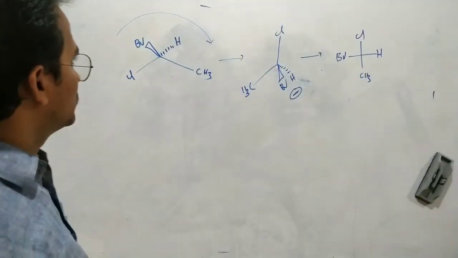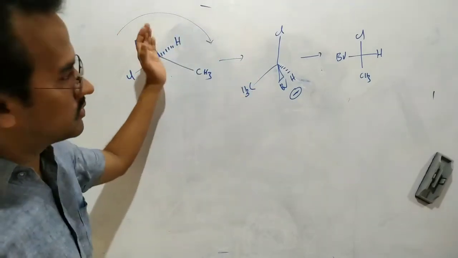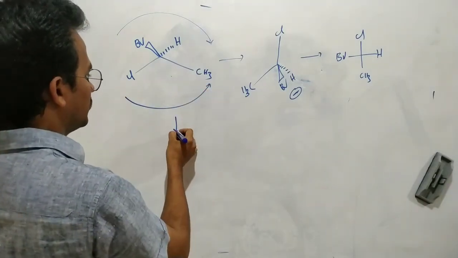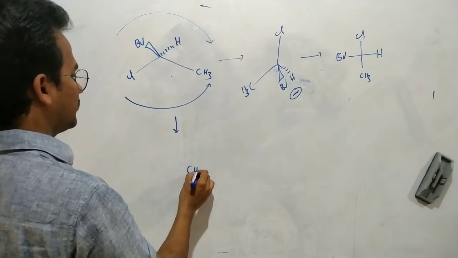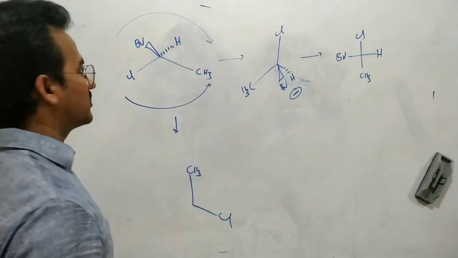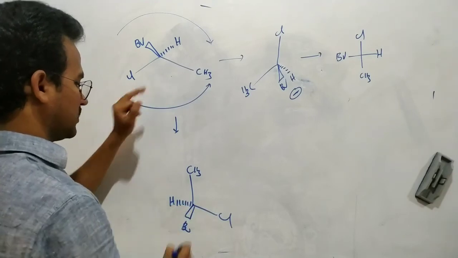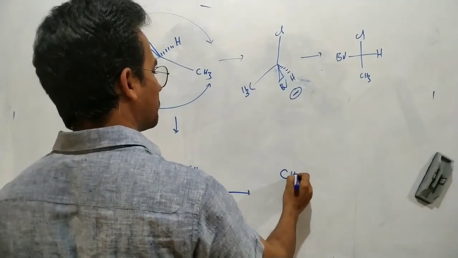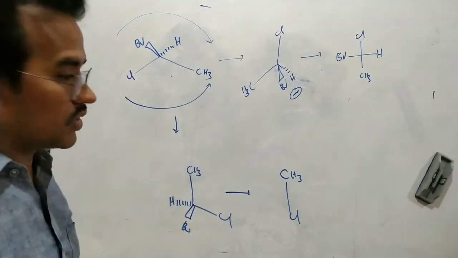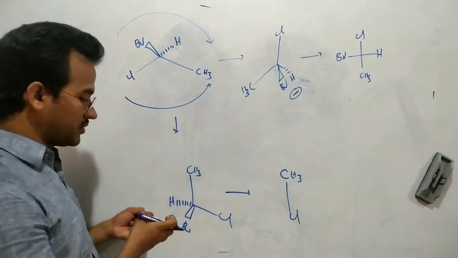Okay, so here this molecule is flipped to the right side. Now we can flip the molecule to the left side also. If you take it like this, here CH3 and here Cl, just flipping the molecule, CH3Cl, and this bromine above the plane and this hydrogen below the plane. Now the groups present on the plane must be written on the vertical line, CH3Cl. Okay, that's it. Now we are looking at this molecule from the left side.